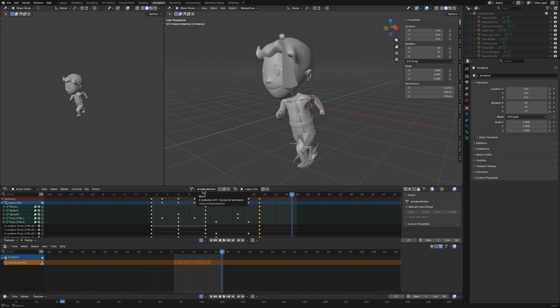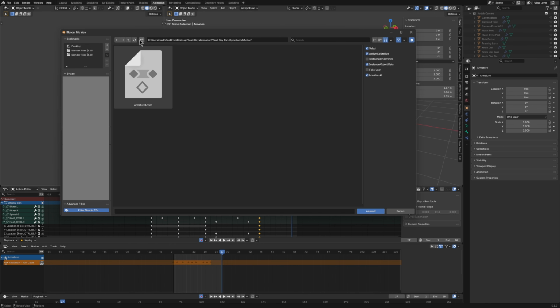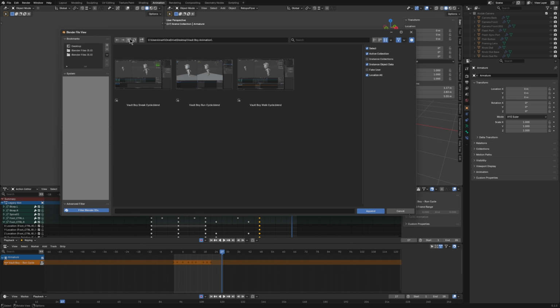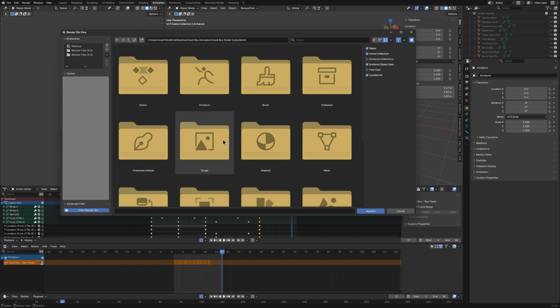I'm going to change its name to Vault Boy Run Cycle. Okay, just make sure to save. And I'm going to append another animation, which is a sneak. I'm going to go back to my original folder, select the sneak cycle Blender file, and